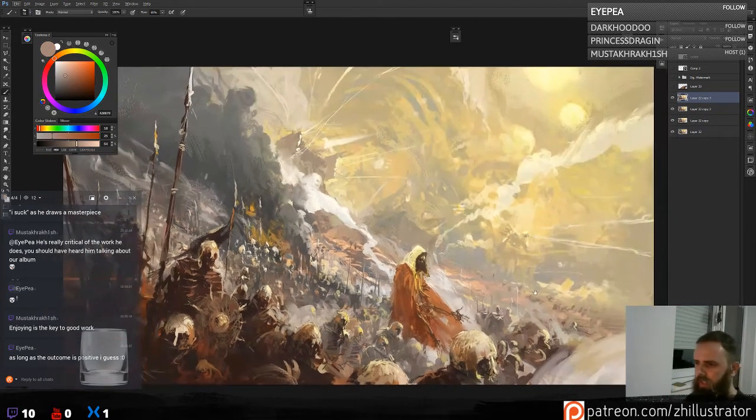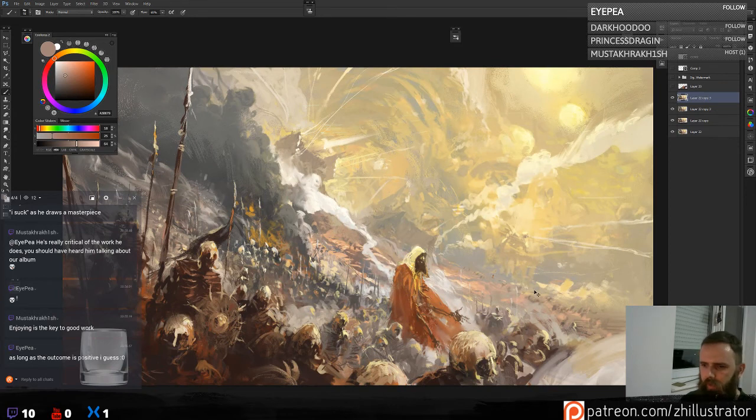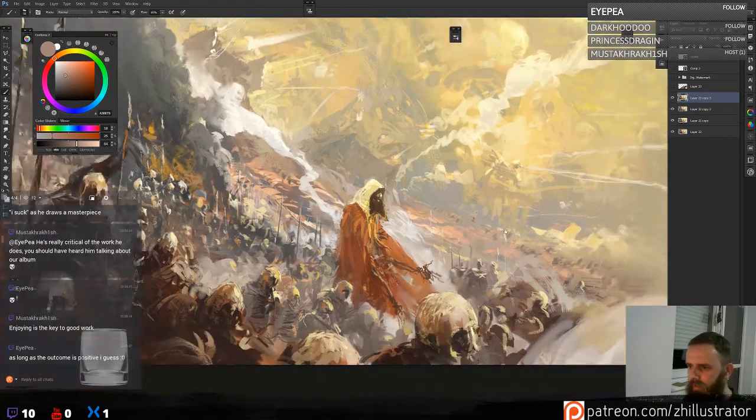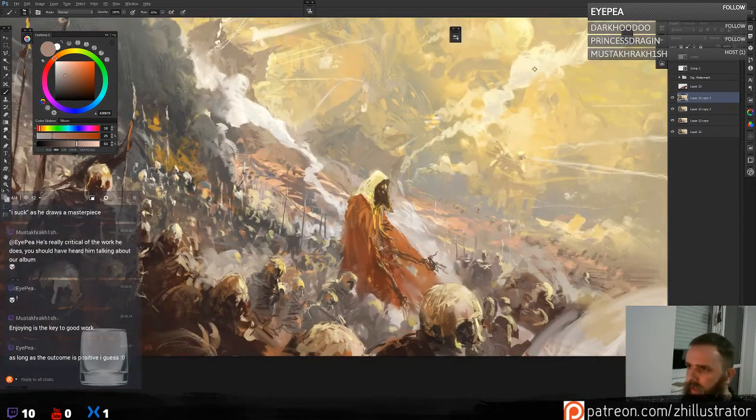Let's dedicate a bit of time to this side. Let's zoom in here, and I need more highlights on this guy and a little bit of specular.